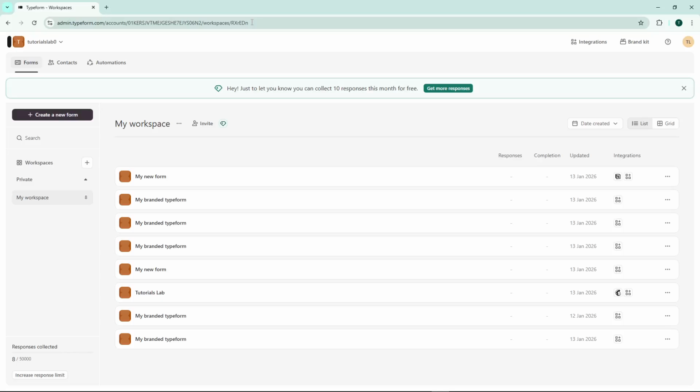Today I'm going to teach you how to use hidden fields in Typeform. Hidden fields are a powerful feature that allow you to pass information into your form without the respondent seeing it. This is incredibly useful for tracking where your form submissions are coming from, personalizing the form experience, or passing data